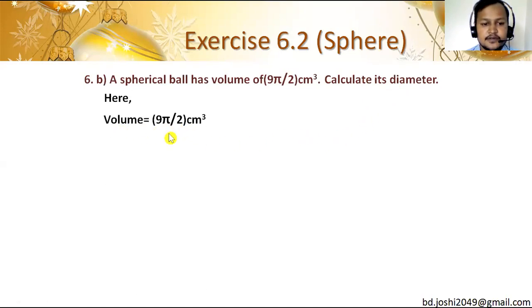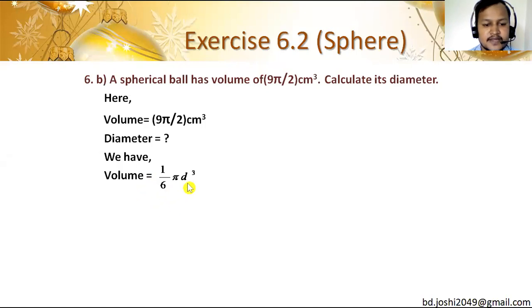So we know the given thing, volume is 9 pi by 2 cubic centimeter and diameter is what? And we have volume is equal to 1 by 6 pi d cube. Value of d is not given to us, and value of volume is given to us. Volume as well as value of pi we can put here, or value of pi we can cancel from left and right side without putting the value of pi. So if it is cancelled, the remaining value here is 9 by 2 is equal to 1 by 6 d